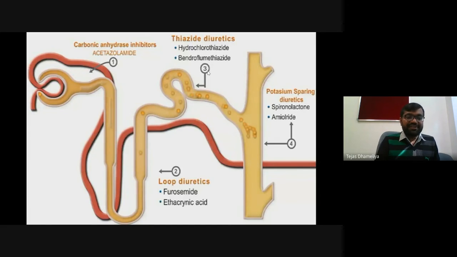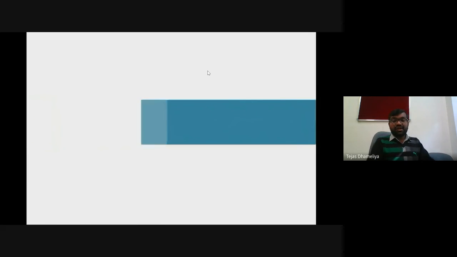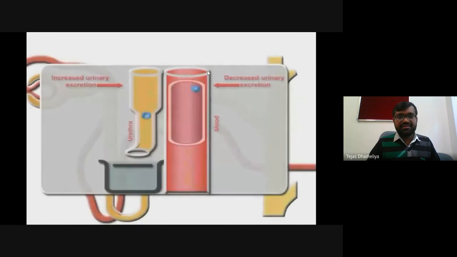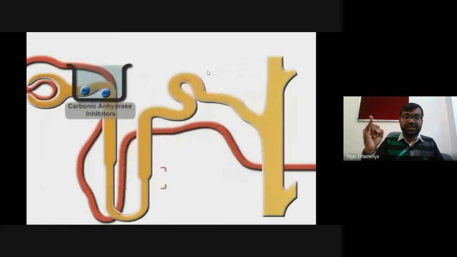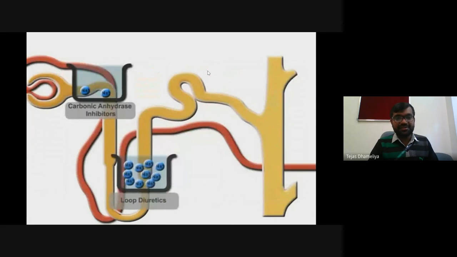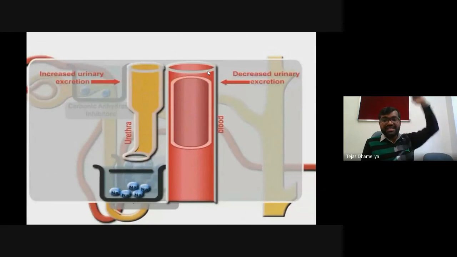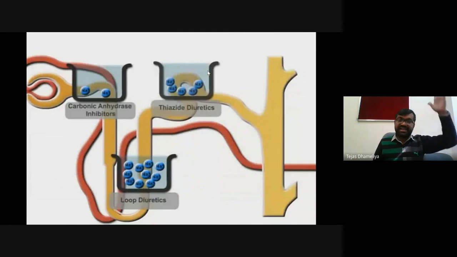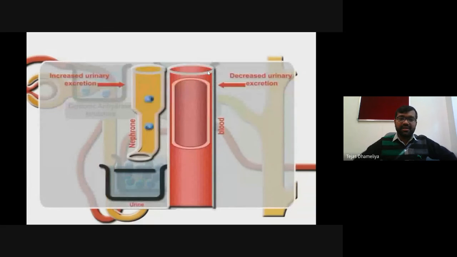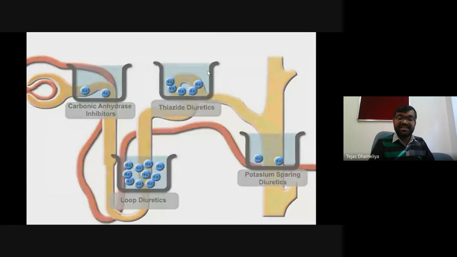So that way, the urination will be enhanced. Sodium excretion, which is called natriuresis, excretion of sodium ions into urine, can be achieved with the help of these carbonic anhydrase inhibitors. The loop diuretics are more potent. They are also called high ceiling loop diuretics. Only 10 milligram, 5 milligram of these loop diuretics are sufficient.